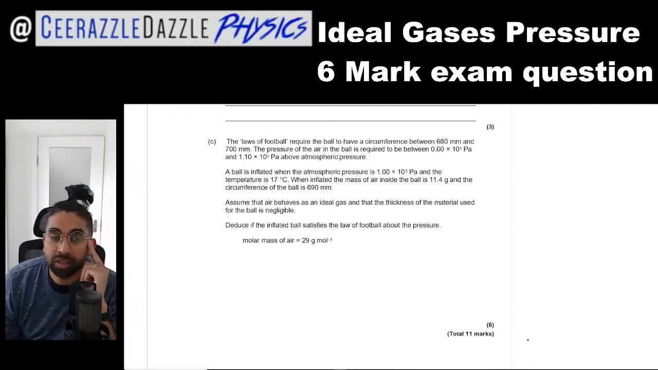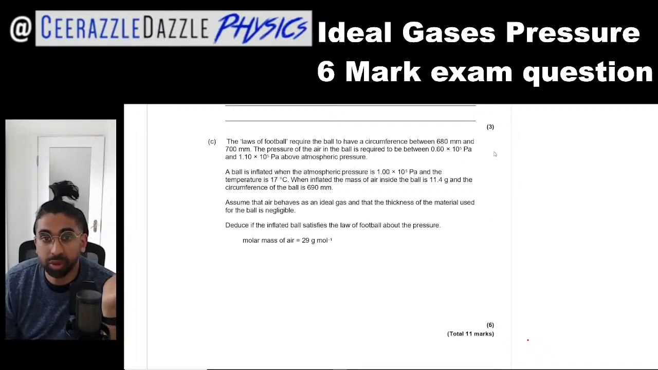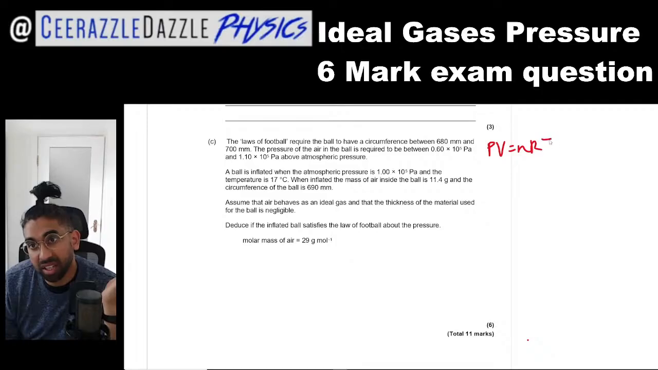What's going on, guys? So in this lesson I'm going to be walking you through a 6-marker question all about ideal gases. First of all, before you tackle this question, make sure you understand the difference between the following formulas. PV is equal to nRT, and although we're not going to use it in this lesson, PV is equal